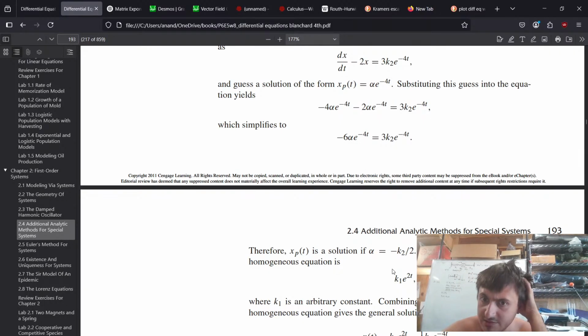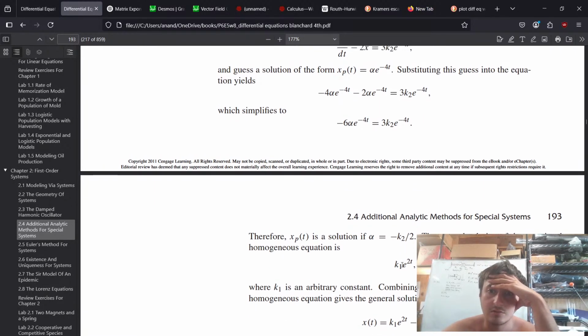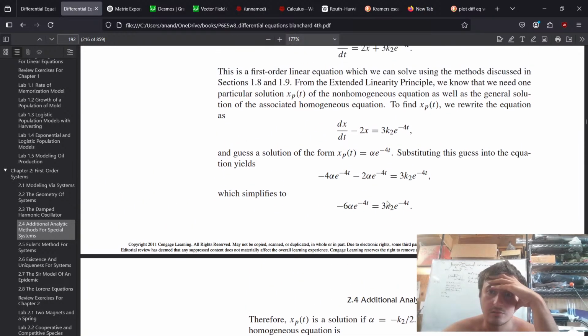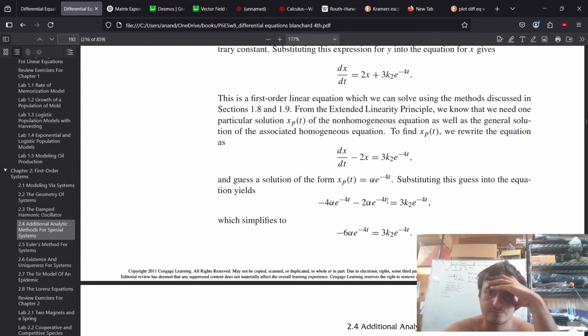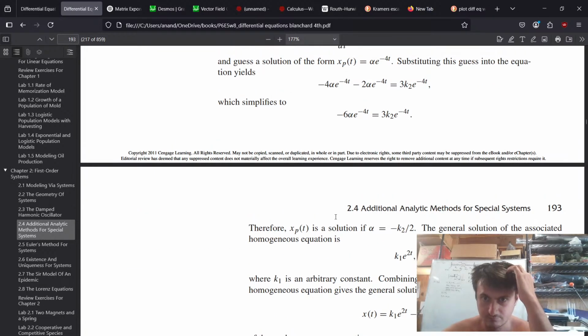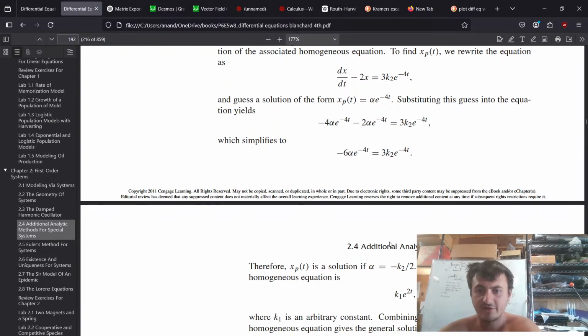But wait, why is this 2t? Oh, they do this to find xp of t. Oh, yeah, okay. So first they find, I usually do it the other way. First I find the homogeneous, then I find the particular. But first they found the particular, and then